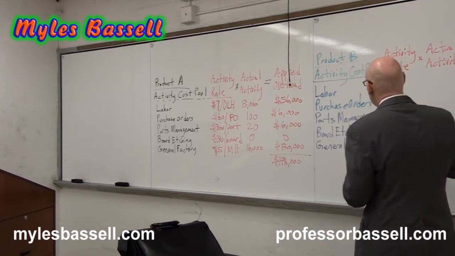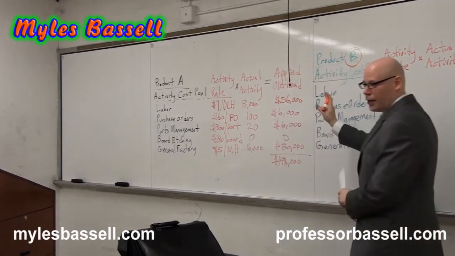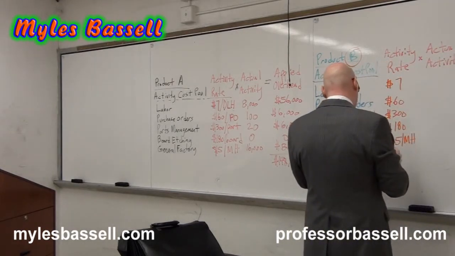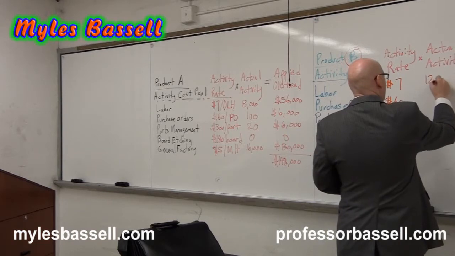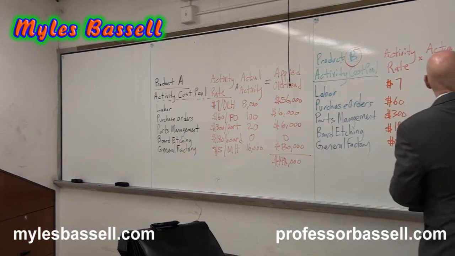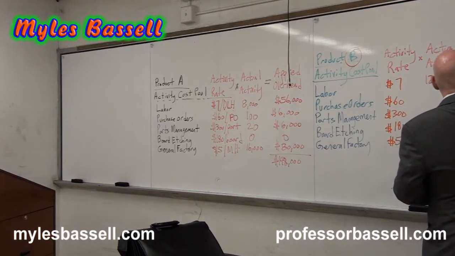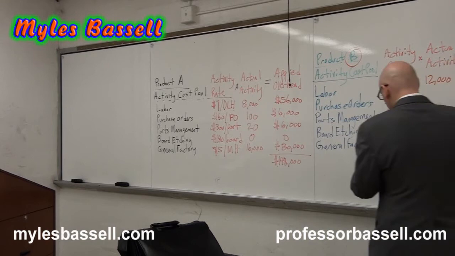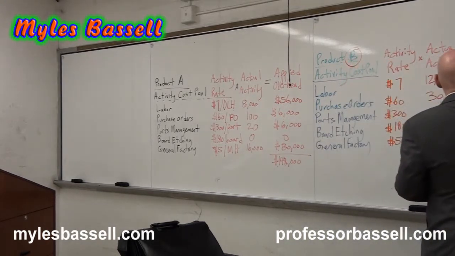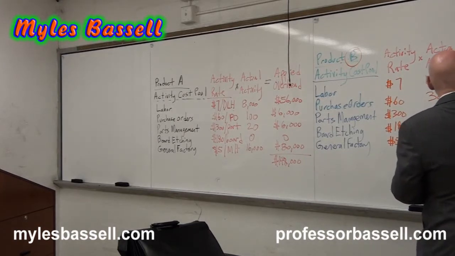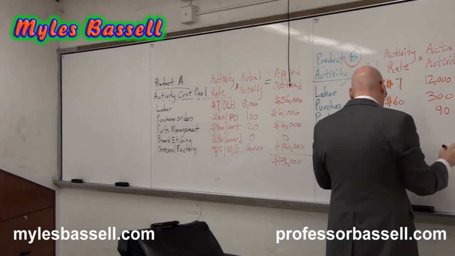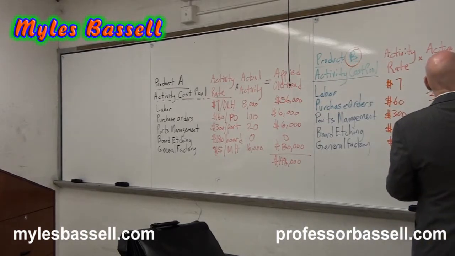Okay, for product B now, we're doing the same calculation. What is the actual activity for labor? 12,000 direct labor hours, which gives us 84,000. The number of purchase orders? 300. This is 18,000. What about parts? 90 part types, which means that our applied overhead is